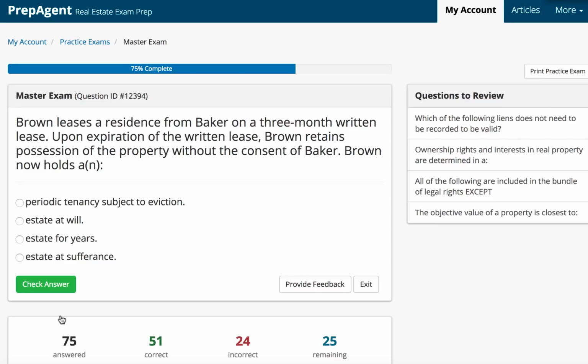Brown leases a residence from Baker on a 3-month written lease. Upon expiration of the written lease, Brown retains possession of the property without the consent of Baker. Brown now holds a